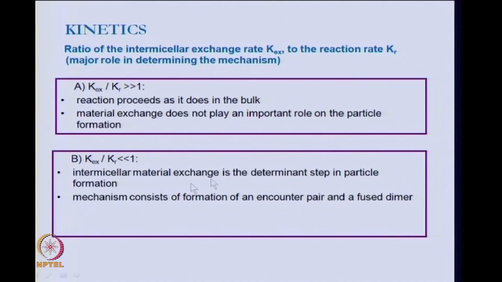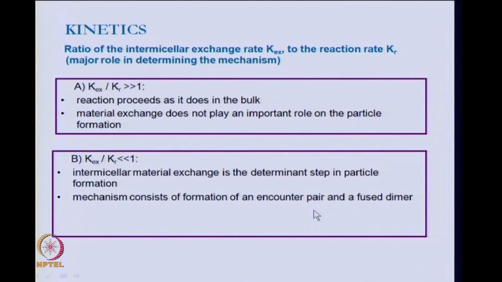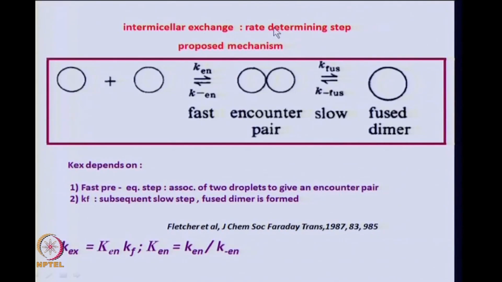However, if the intermicellar exchange rate is slow, then it becomes the rate determining step in particle formation, and then the mechanism depends on the intermicellar exchange. First there is an encounter pair, that is two micellar units come together to form a pair and then a fused dimer. So, in this intermicellar exchange, when this is the rate determining step, slow compared to the bulk reaction rate,